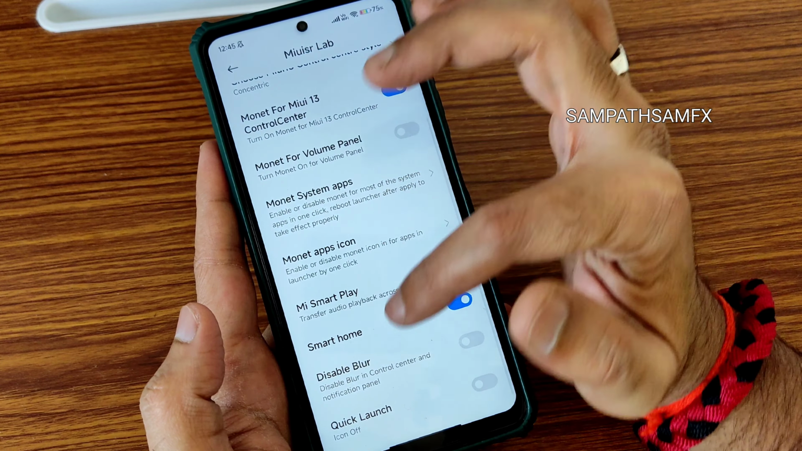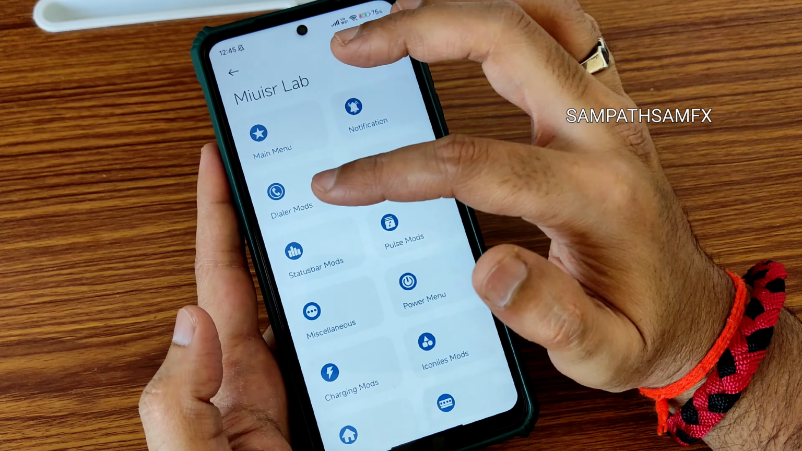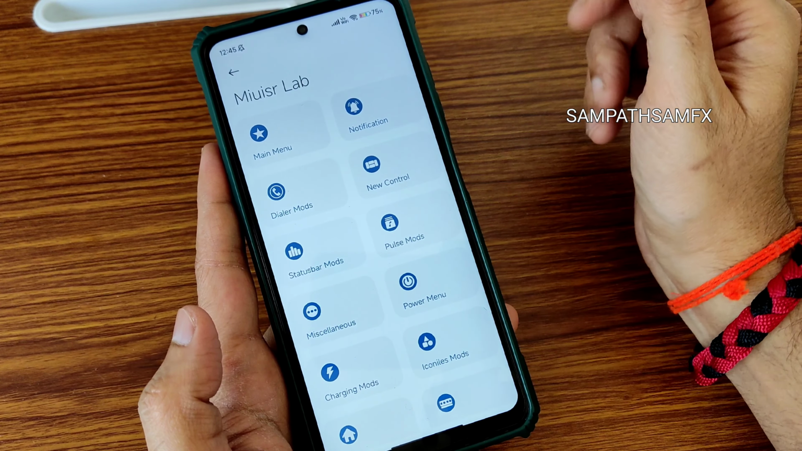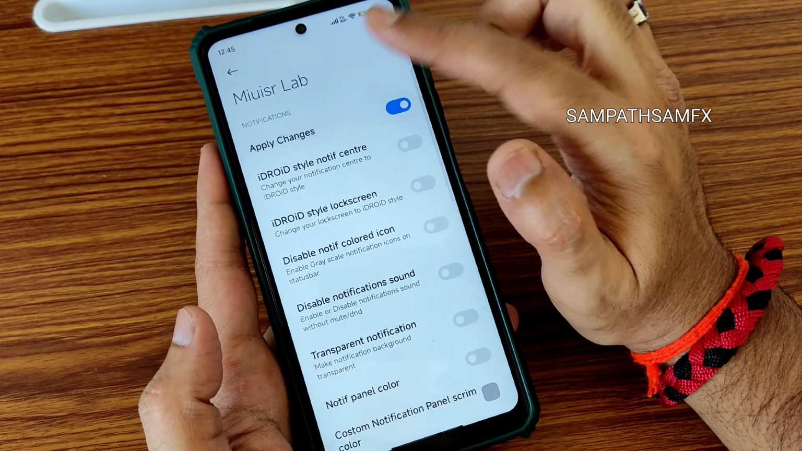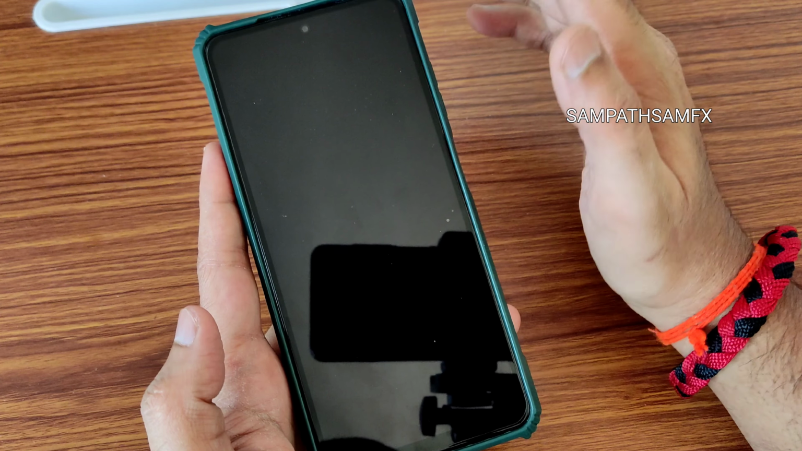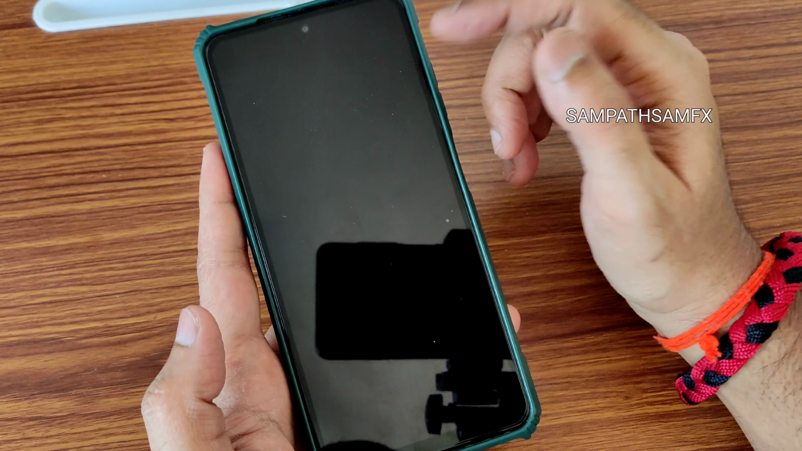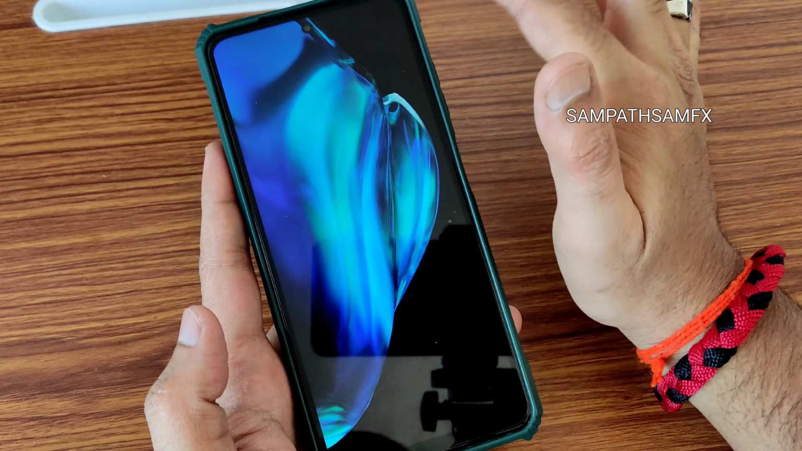Disable blur, quick launch, and other things as you can expect. These things will be available in the main menu settings. If I go into notifications, again you can see, oh no, I pressed apply changes. It will take some time to reboot. Anyhow,